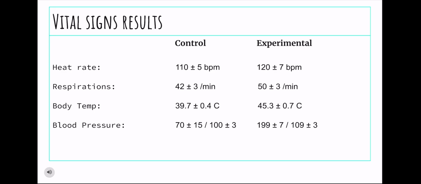For the radioimmunoassay plasma results for testosterone, we did this test to get a more overall idea about testosterone and if it was actually the hormone that we were going to stick with. For the control, it was 4,121 plus or minus 391 CPM. And for experimental, it was 1,051 plus or minus 215 CPM.